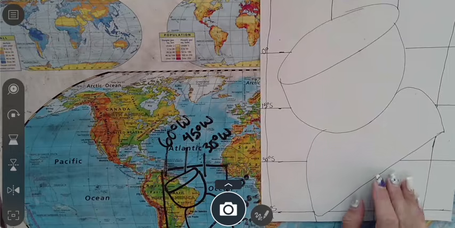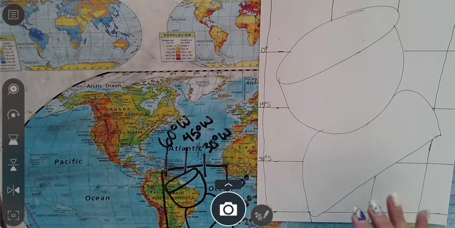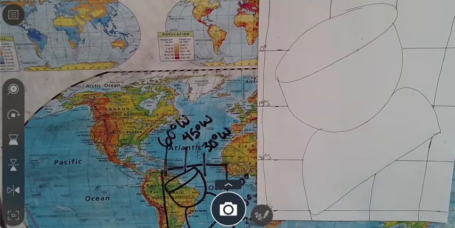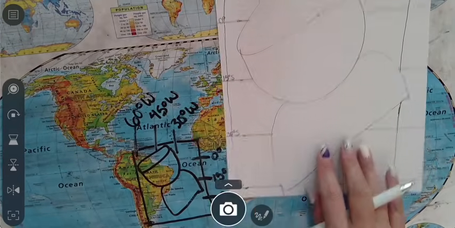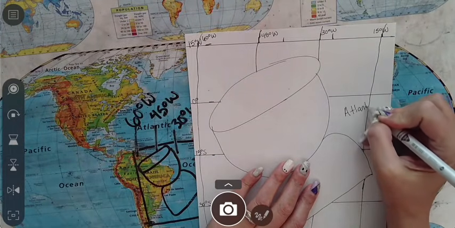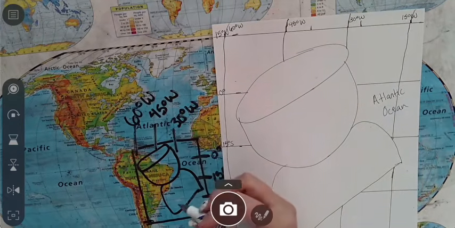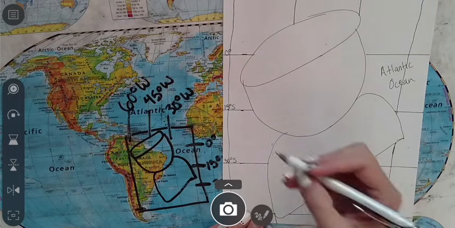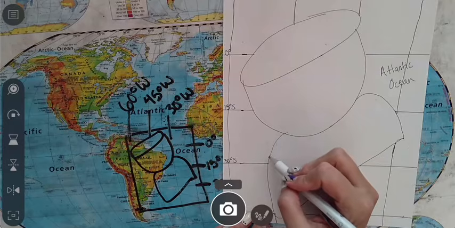Then you're going to do your relative location, okay? So looking at the map, what is around my land? I can see I have the Atlantic Ocean over here. So I'm going to go ahead and label this my Atlantic Ocean. Okay, and then I look and see what else do I have here? So way down here, next to my land is going to be,